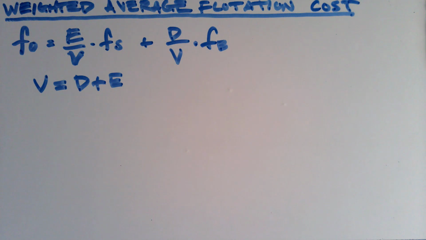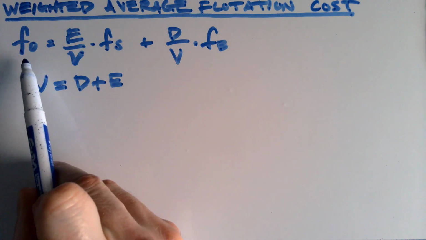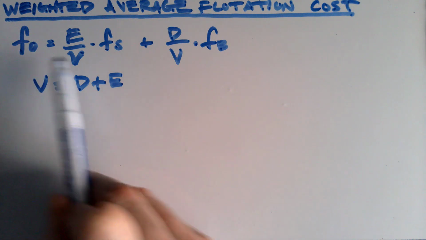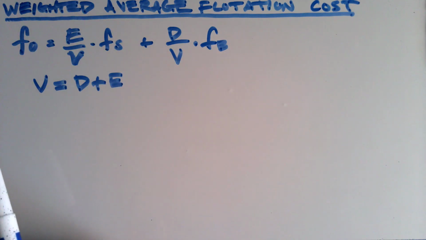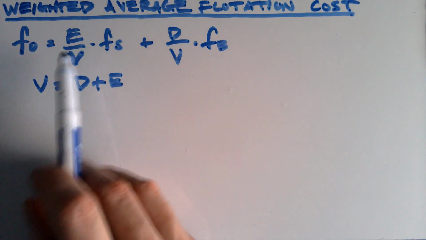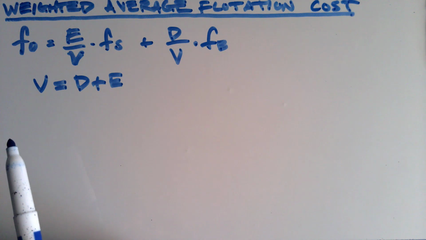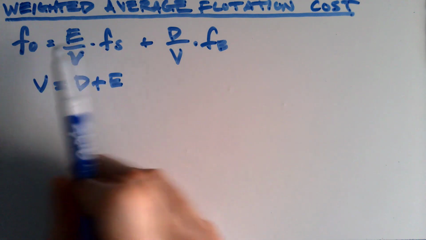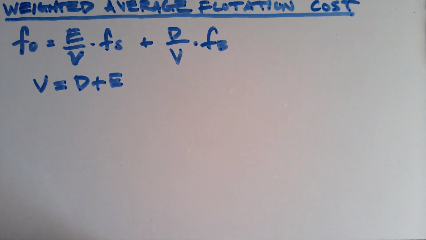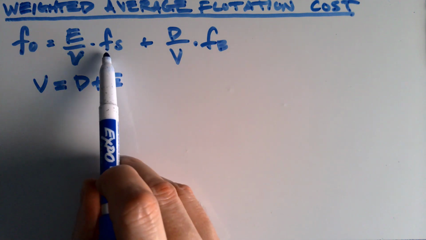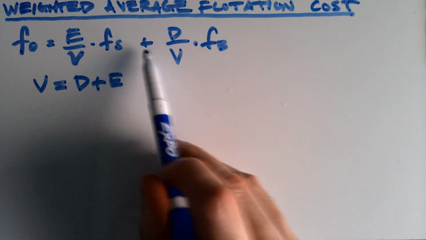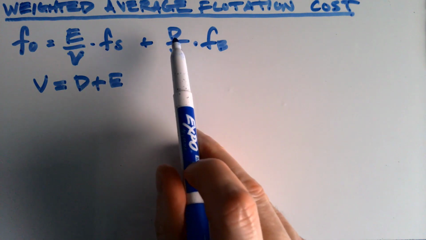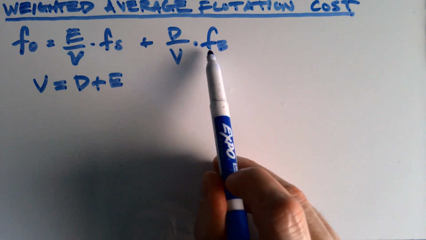So let's talk about what these different things mean. F sub 0 here is the weighted average flotation cost. And I want you to notice that these weights are identical to what we've been seeing so far. And once again, the weights add to 1. And we're multiplying the proportion of the capital structure that is equity times the flotation cost on stocks. And then we are going to add the proportion of the capital structure that is debt multiplied by the flotation